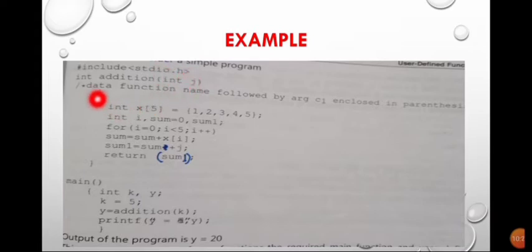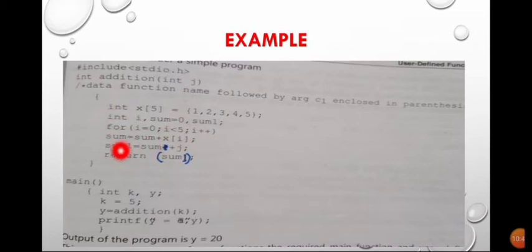Now see, what is this? This is the comment. You know that a comment is always written in this slash form. So this is the comment: data type, function name followed by arguments enclosed in parentheses. That is what I already explained to you.